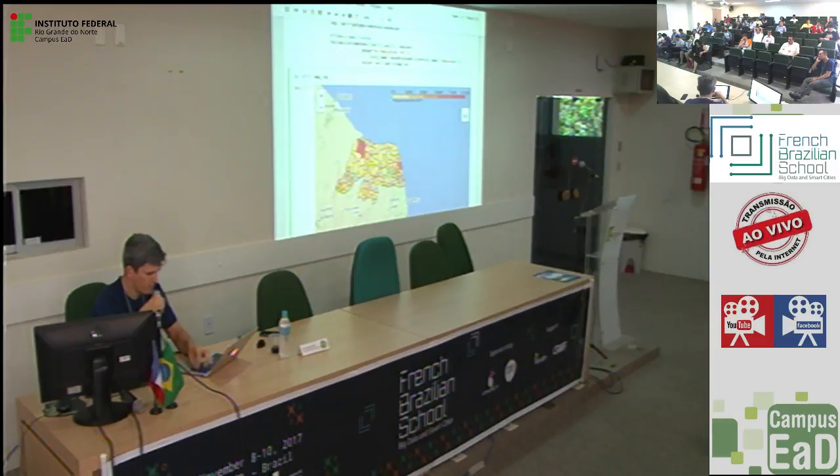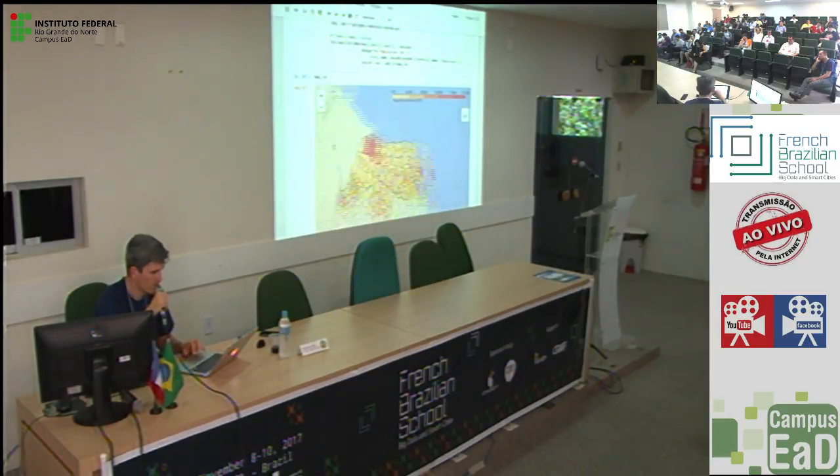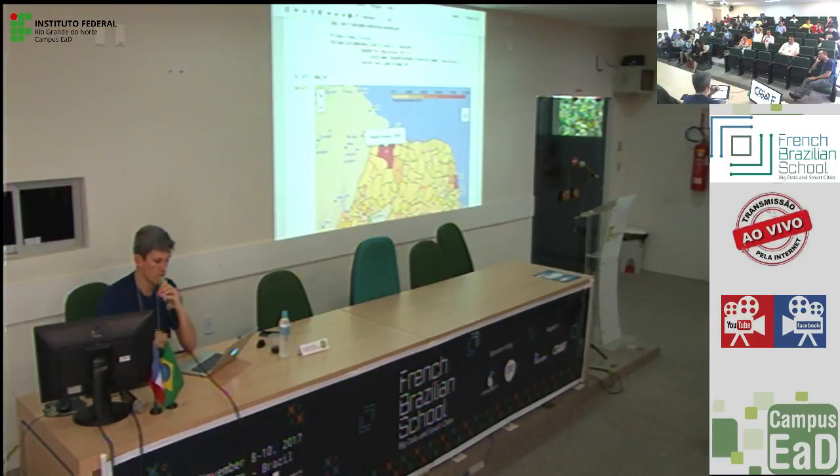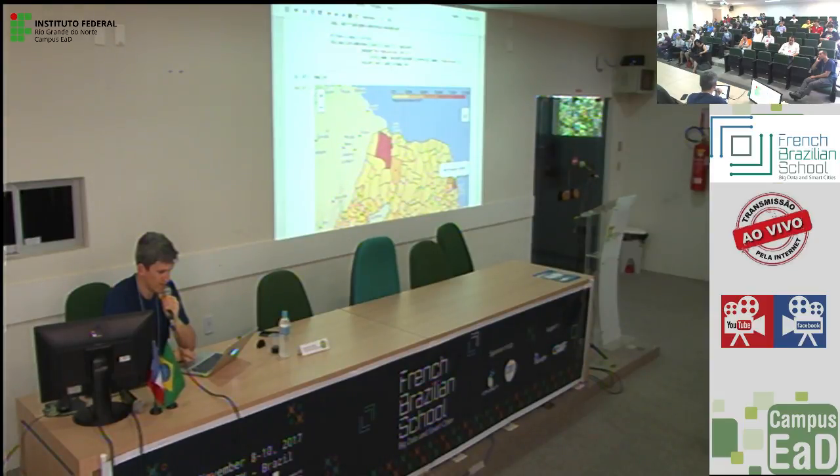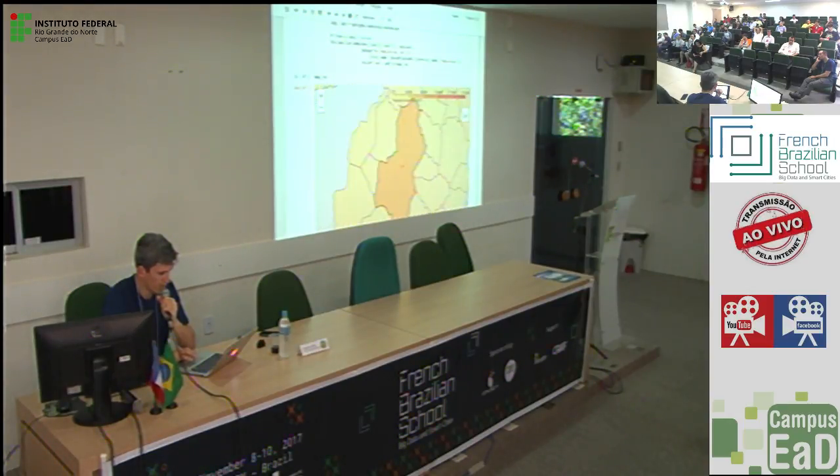And we have this map now with pop-ups. Of course, this is Mossoró. Of course, this is Grenoble. And of course, this is Natal. Okay? Natal, Ceará Mirim, Caicó,